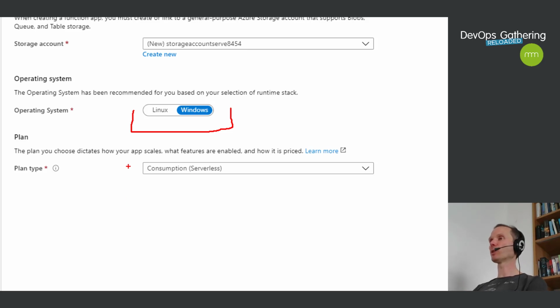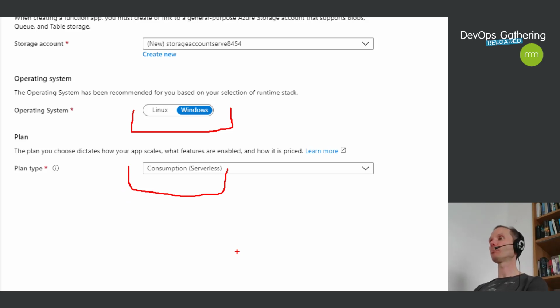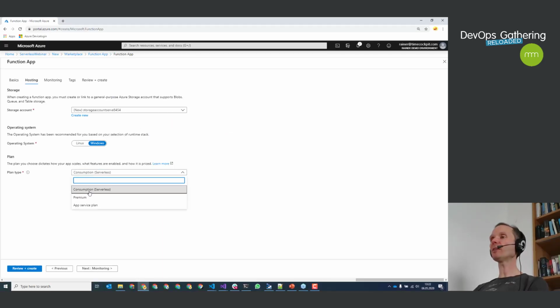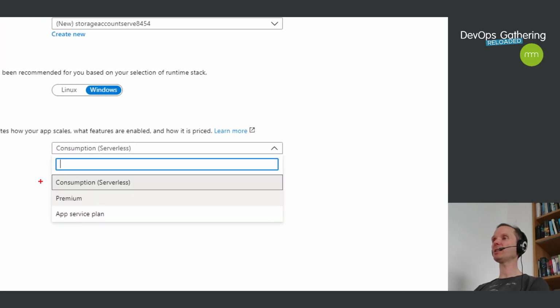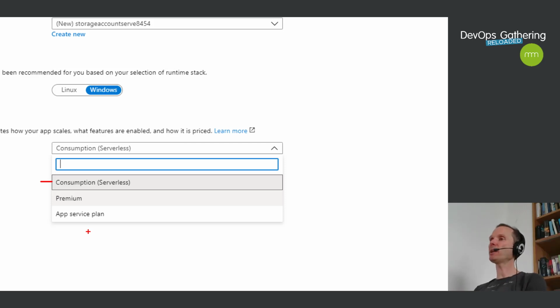The last thing that I would like to talk about, and this will be something that is very important, is the Azure plan type. We have 3 different options for this plan type. Here you see the option. The first one, it's called consumption. Consumption means this is really serverless. Consumption means you pay for what you really use. If nobody uses your app, then you don't pay anything. If you have a lot of traffic on your app, you have to pay a lot of money, of course. This is real serverless. It can scale down to 0, and it can scale up to a pretty high amount of computing power.